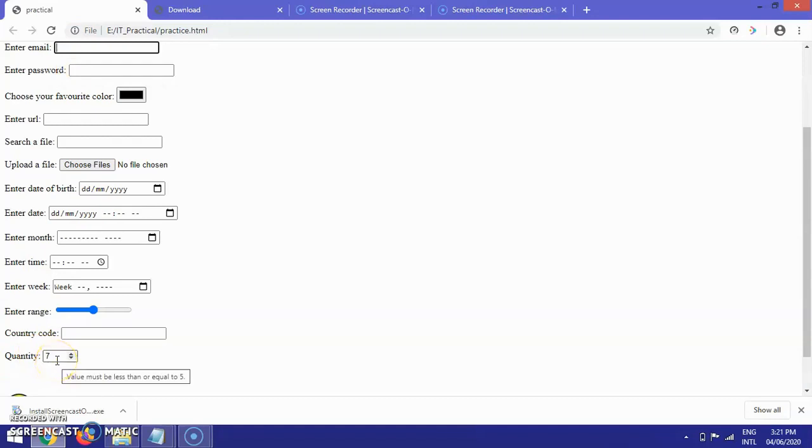Value must be less than or equal to 5. See how it has applied the minimum and maximum value. So this is the use of min and max. It is only applicable to number fields as well as date fields. For date fields also you can set min and max. For now I'll enter 3.